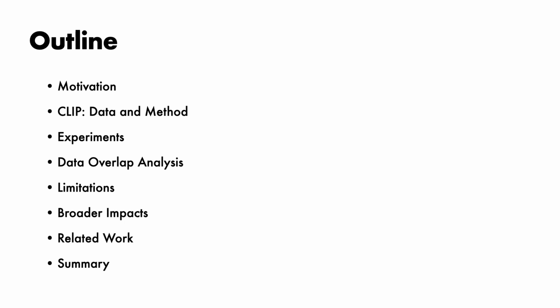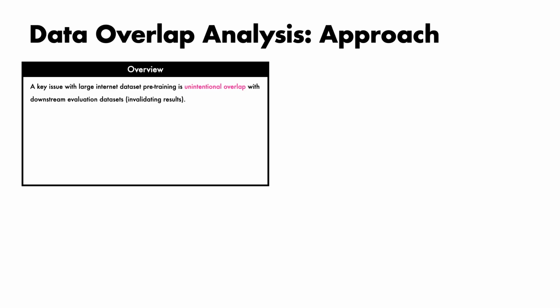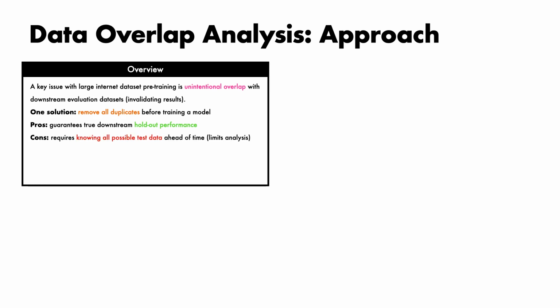Let's look next at data overlap analysis. One important issue for studies involving large-scale internet dataset pre-training is the potential for unintentional overlap between the training set and downstream evaluation datasets, potentially invalidating generalization results. One solution to this issue is to remove all duplicates between the training set and the test set before training a model. This has the advantage of guaranteeing true downstream held-out performance, but also has the major disadvantage of requiring the researcher to know all possible test data ahead of training, potentially limiting the analysis that can be performed on